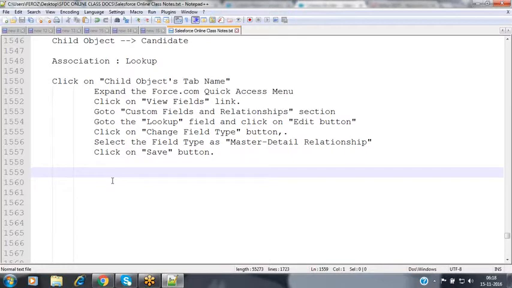Now Firoz, what happens if there are thousands of child records which don't have an association with a master record? Then how are we going to do it? At that time we can update all those child records with the associated parents by using the data loader. You have a data loader tool where we can import and export records in a single shot. We just specify which parent record you want to associate with, load it in a single shot, and then we can convert that lookup to master-detail. So if I am using the data loader, I have to use it on the child records? Yes, on the child records we have to make the association.